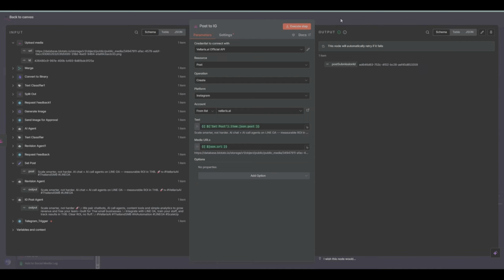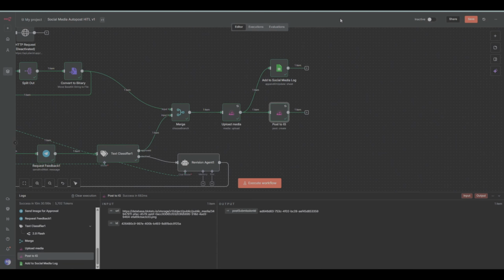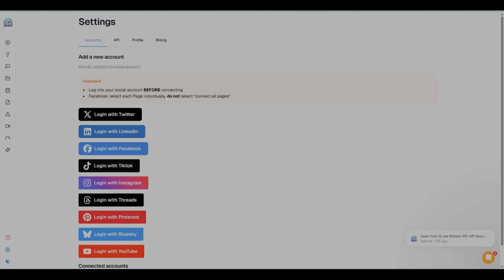So that's that. Let me show you guys really quick what I'm talking about with Blotato, just so you know how easy it is to connect your API. So basically in here, guys, again, we're not being paid by them or anything. It's just super easy to set up. So this is a software I'm going to recommend. You literally go in here to